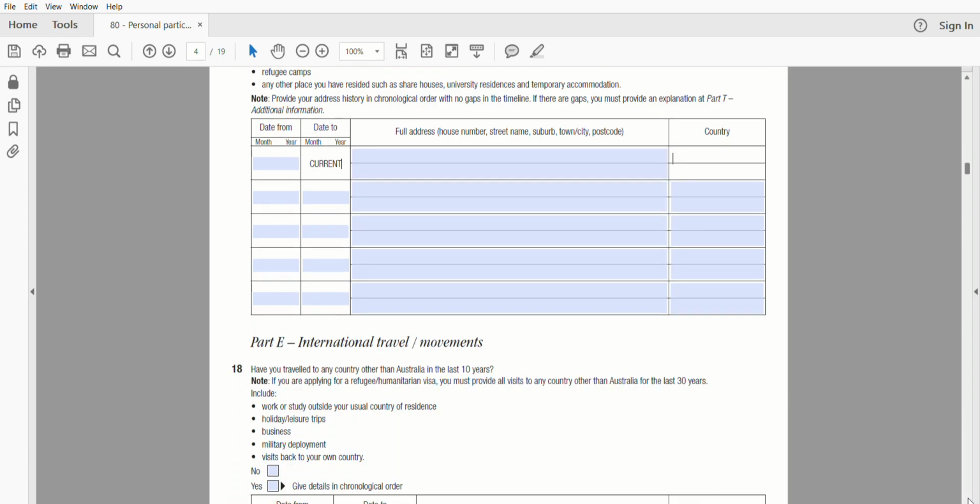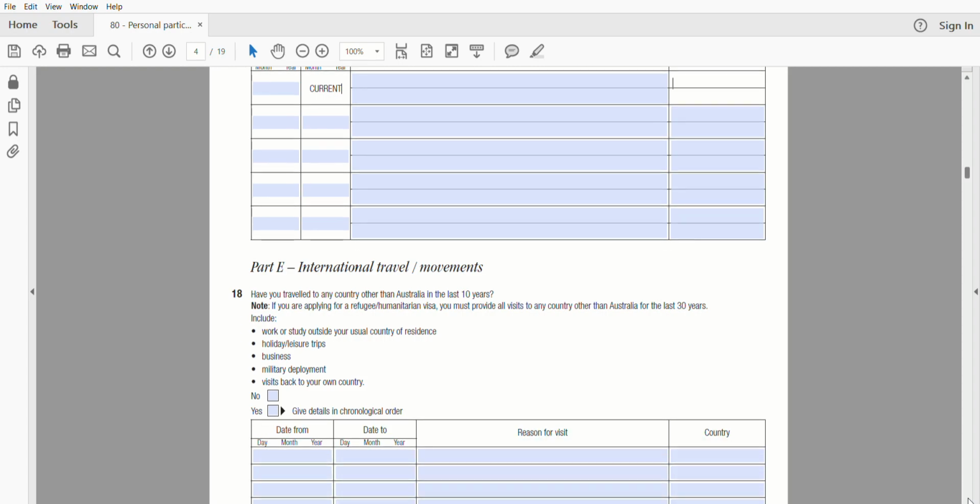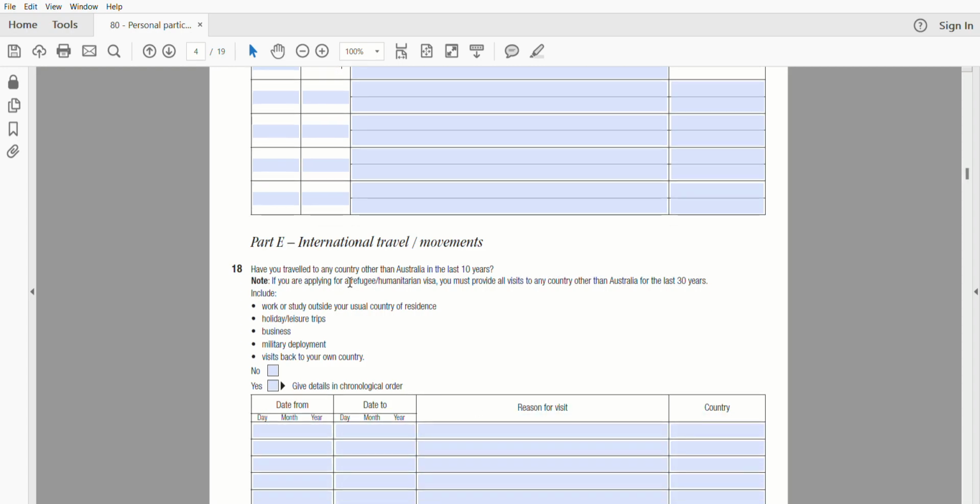So the part E, again, it's about international travel movements. Have you traveled to any country other than Australia in the last 10 years? So for the last 10 years, you need to list out all your travel history here.